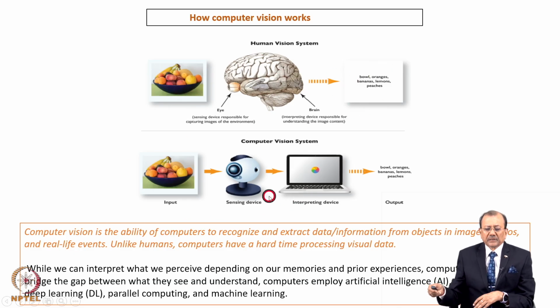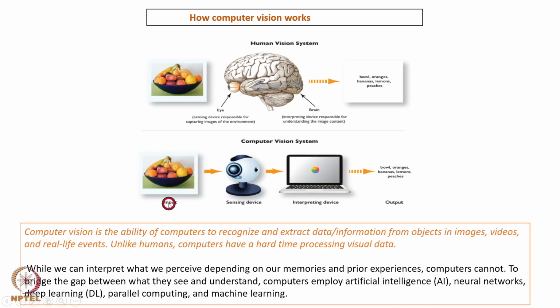A similar kind of function has been simulated to a great extent with computer vision systems, where a sensing device, when it sees any object, will have a sense. It will capture the picture, and then it will try to diagnose this picture with the help of some built-in algorithm, an AI-enabled algorithm or deep learning algorithm, and then it will decide whether it is a banana, or an apple, or a plate of all the fruits.